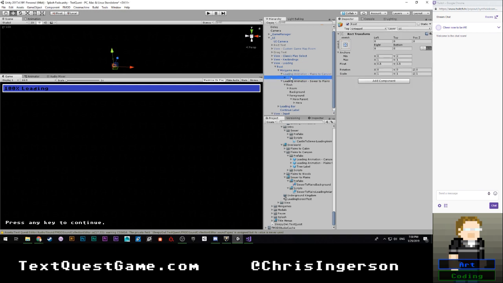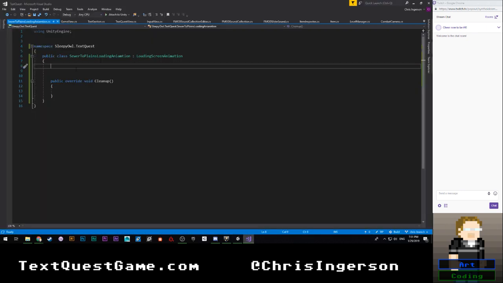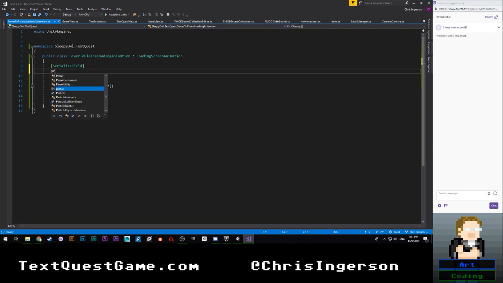I'll just copy this. Copy component. Paste component as new. Let's go ahead and add our little audio listener. Let's go ahead and put that up here. Turn that off. Put that on here. Okay, and now we're going to need to actually set up some references here. So we're going to need mostly rect transforms now that I think about it. We're going to say serialize field, private twirl, which, okay, I was wondering if that was a thing. So we're going to go ahead and say rect transform,